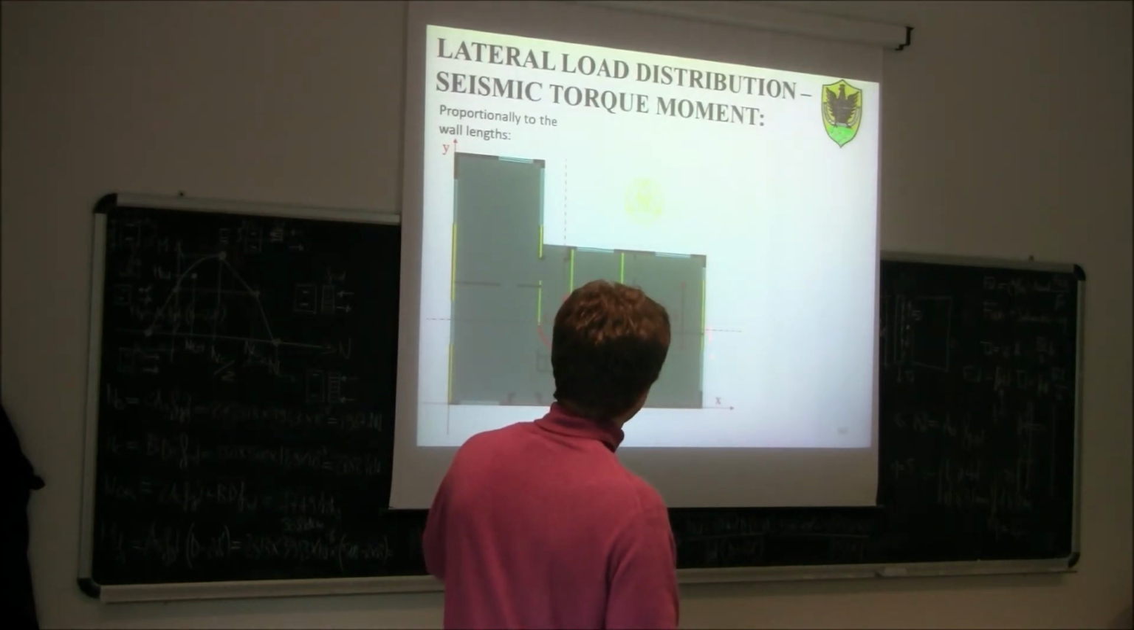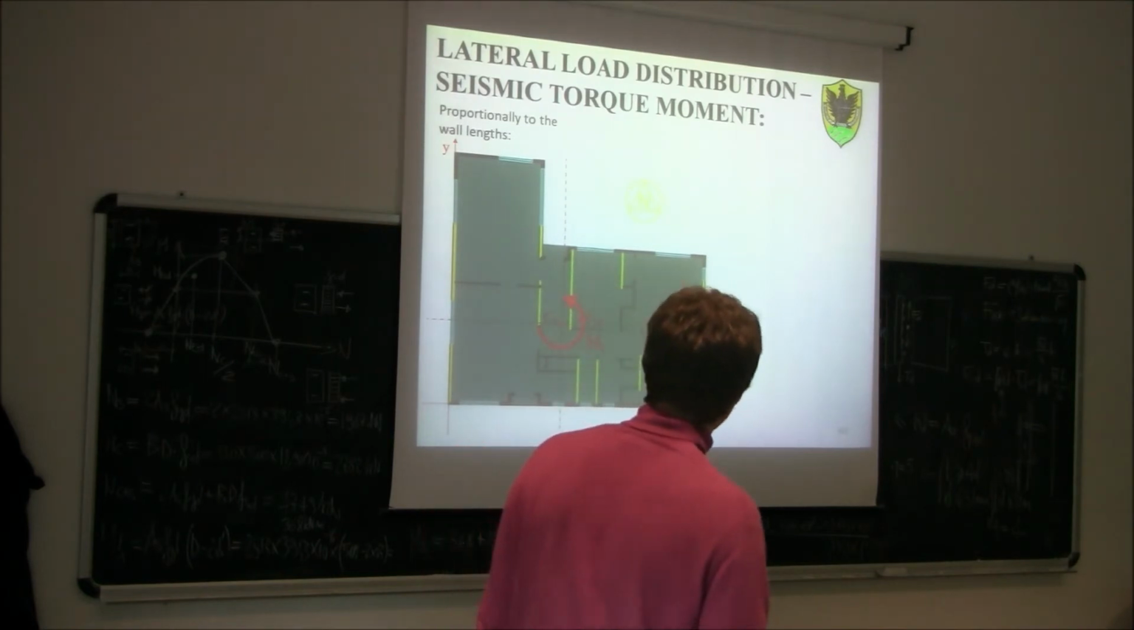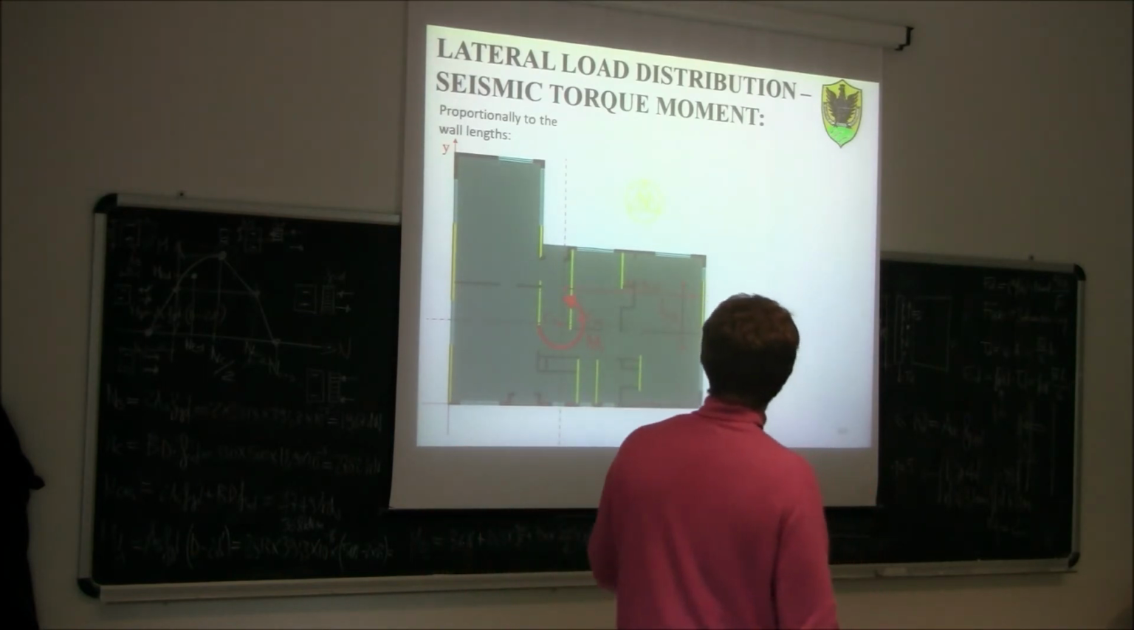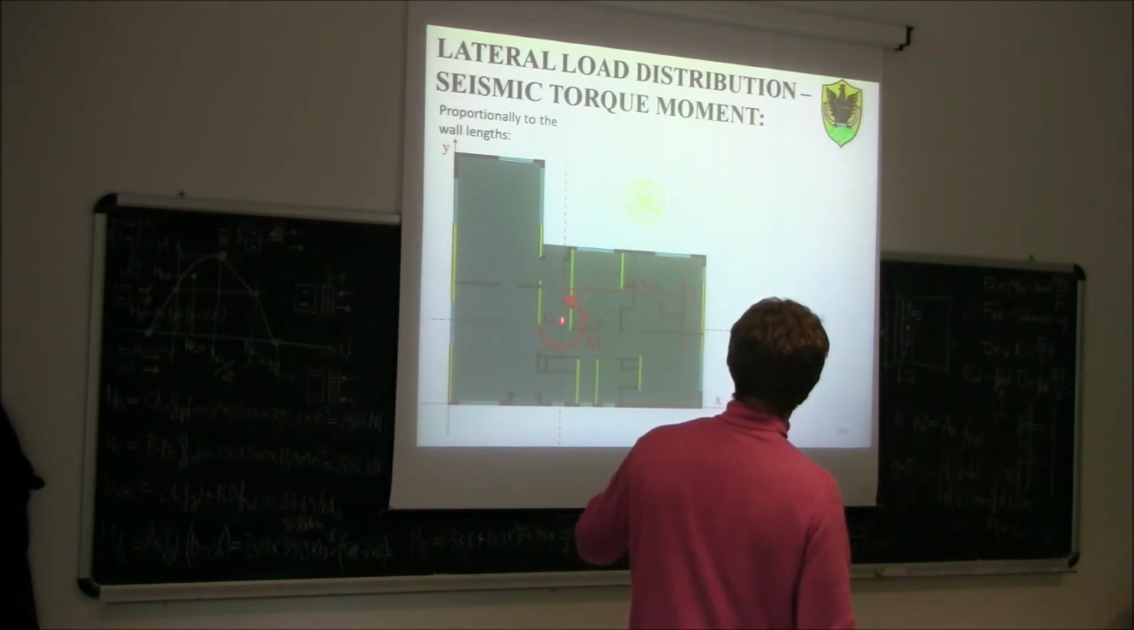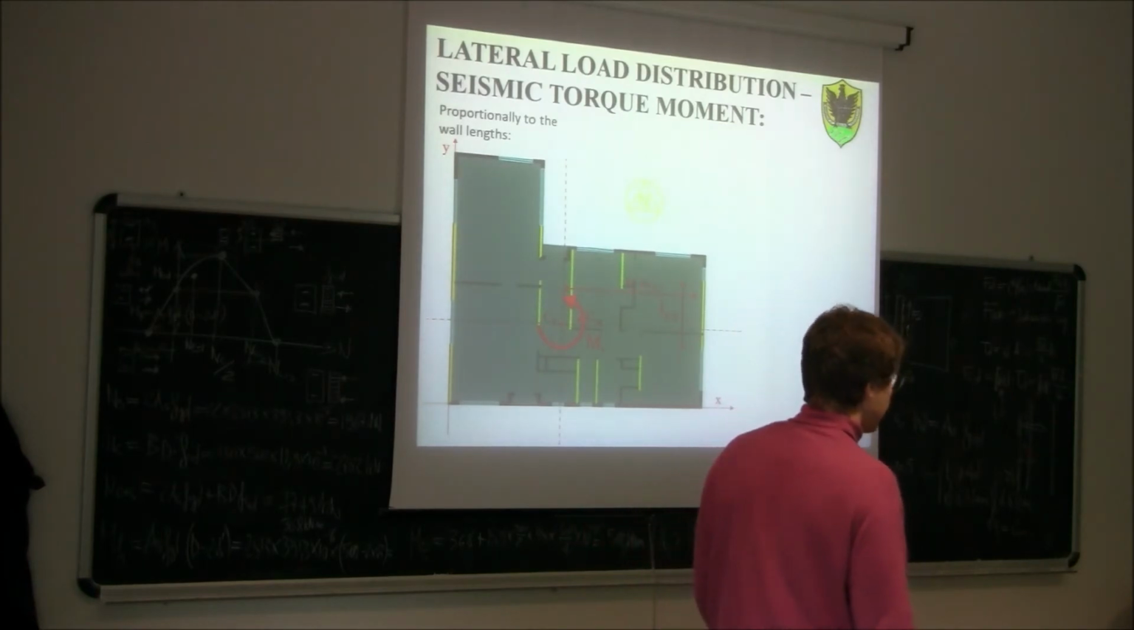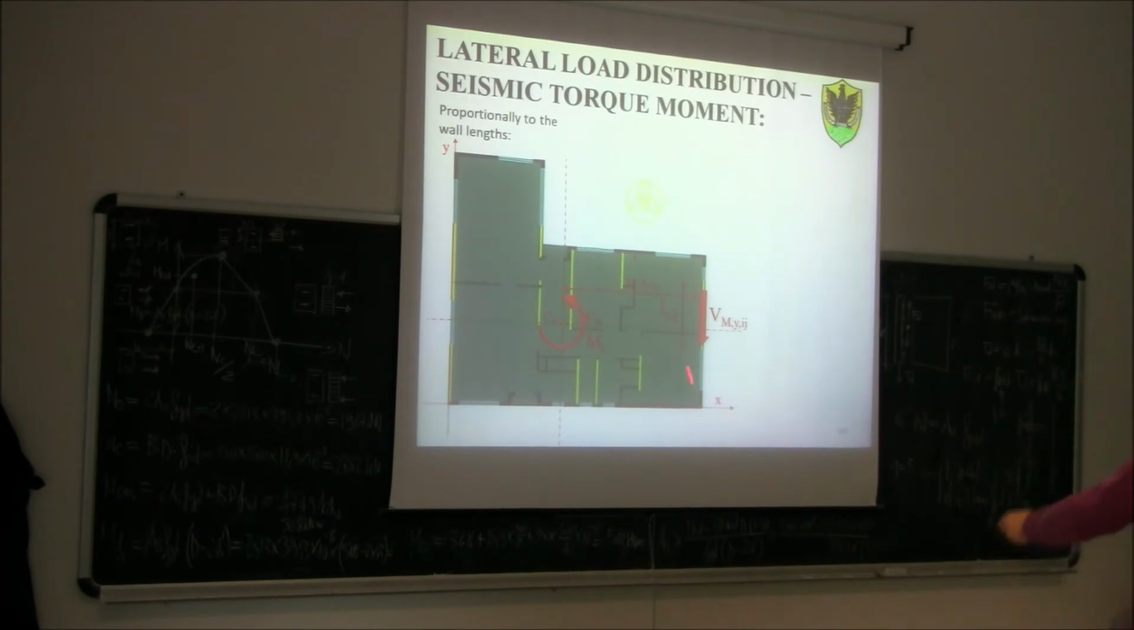If I consider a generic wall of length Lyi, if this wall is distant xij minus xcti by the center of stiffness, then this seismic force here will be proportional to the distance of the wall from the torque moment. So the farther the wall, the higher the force. It will be, so basically Vmyij